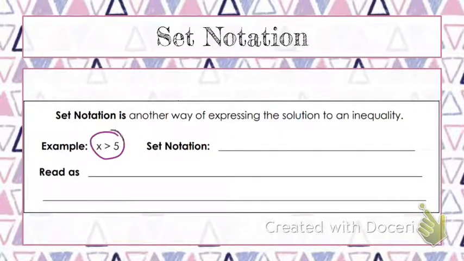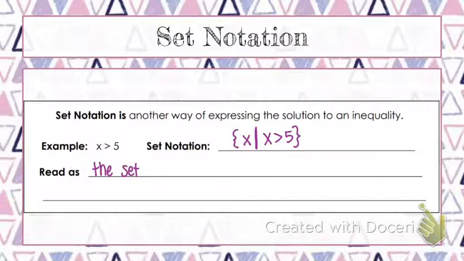So x is greater than 5 is the interval we're trying to write. And so for set notation, you have these squiggly brackets that are hard to make. And then x, and then you have a bar, and then you have x greater than 5. And I'm going to tell you how to read this, because that's kind of what this means. Is the set of numbers. So these two squigglies mean a set. So the set of numbers,